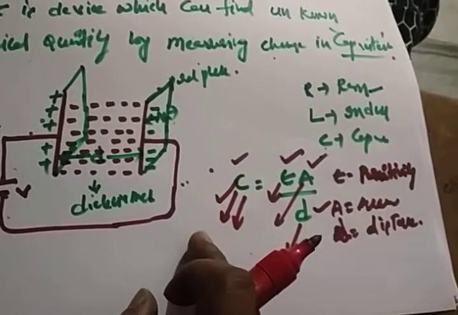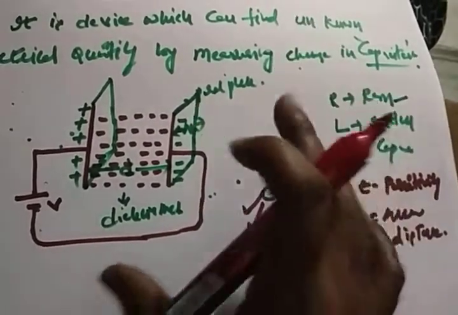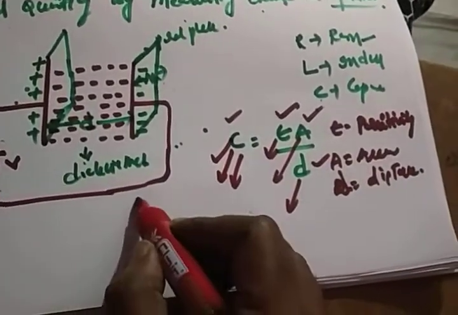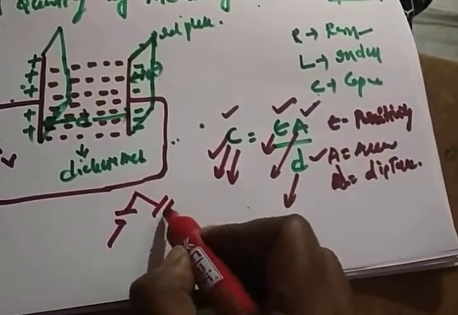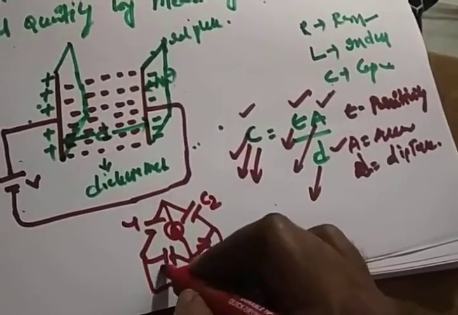So how can you calculate this capacitance? By using standard meters, or else you can take the Wheatstone bridge with capacitances in place of resistances. Under normal conditions, the galvanometer will show null deflection with C1, C2, C3, C4. What is the formula? C1 C4 is equal to C2 C3. If it is satisfied, you will see zero deflection.